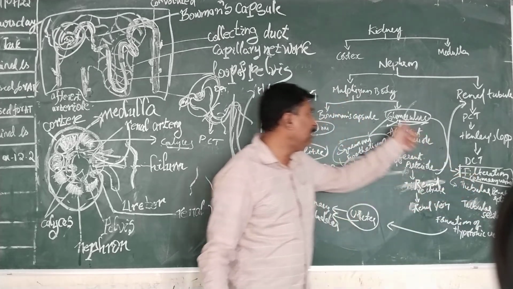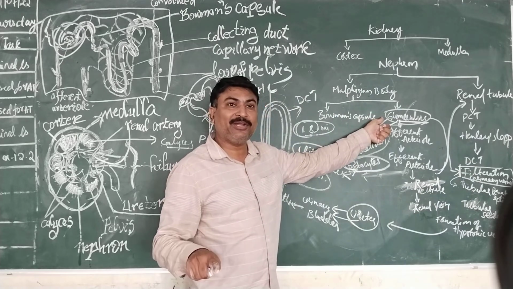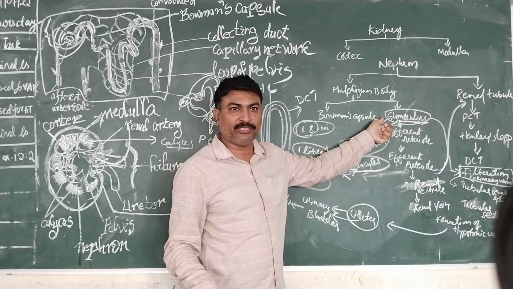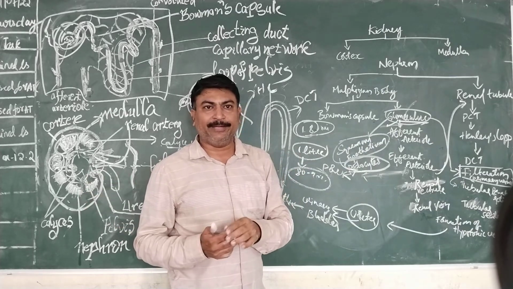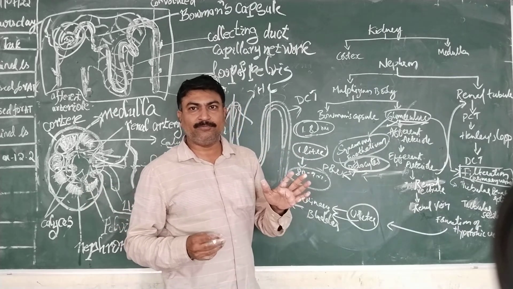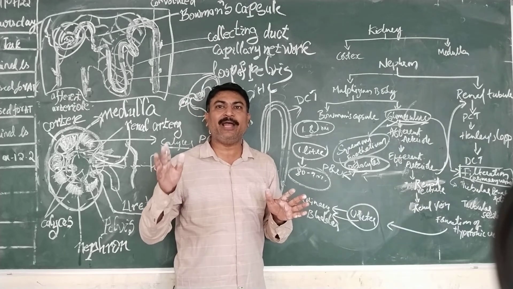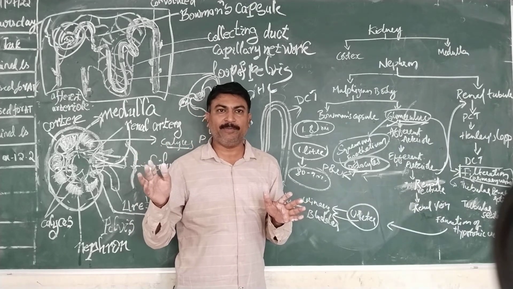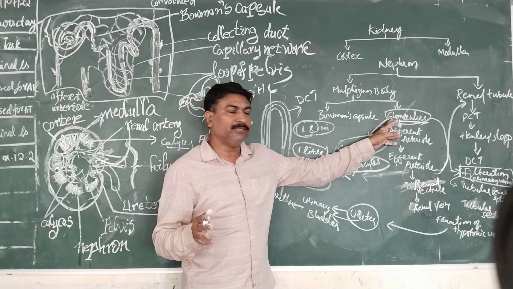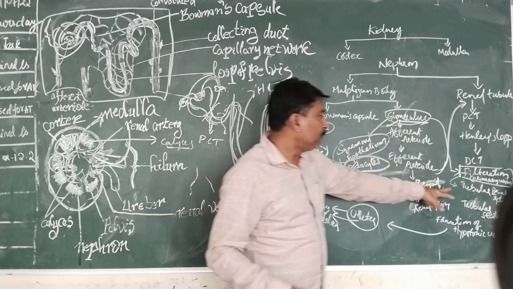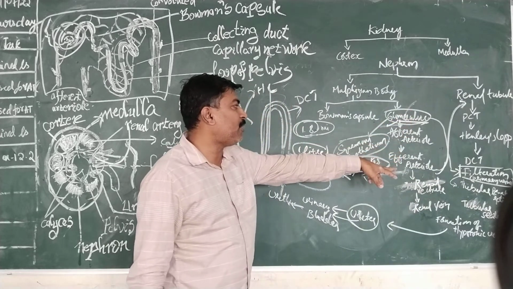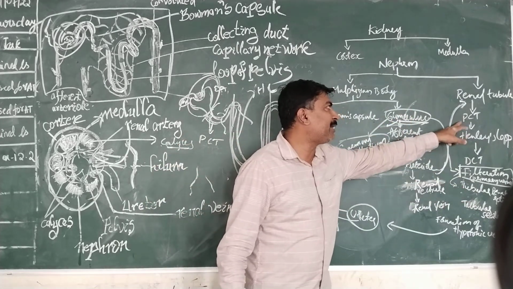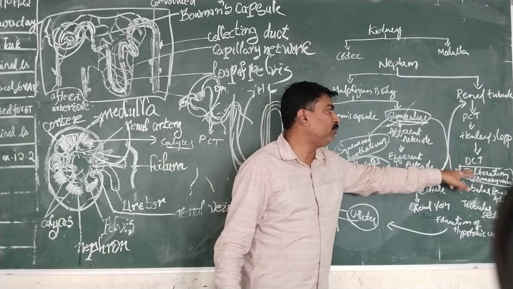Filtration will take place in the glomerulus, which is called ultrafiltration or glomerular filtration, where blood cells will be separated from the blood. That is, only plasma and organic and inorganic salts will be present. The leftover blood cells will be separated, and that portion will be passed into the next, the tubular portion, where tubular reabsorption occurs in the